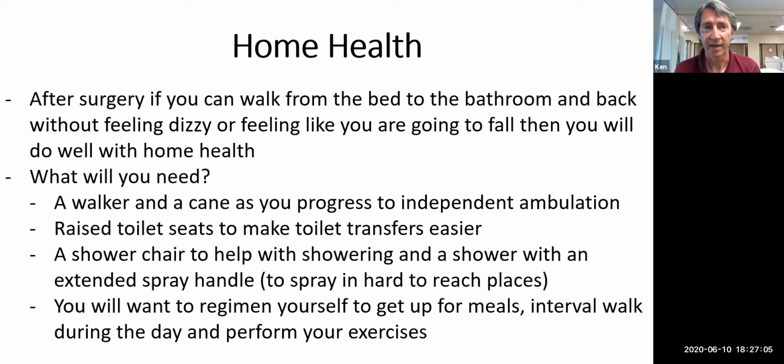Next slide. And then home health after surgery. If you can walk from the bed to the bathroom, and you can go around the nurse's station without feeling dizzy or feeling like you're going to fall, then you can go home health. At home, you're going to need a walker and a cane as you progress to independent ambulation. You're going to need raised toilet seats, because if the seat's too low, your knee's not going to be able to bend very well to do that. You're going to need a shower chair to help you with showering, and